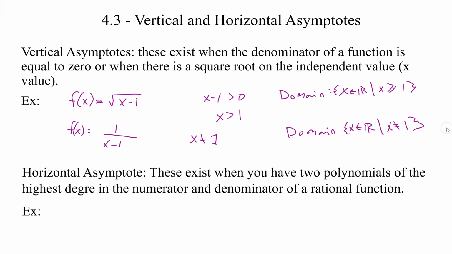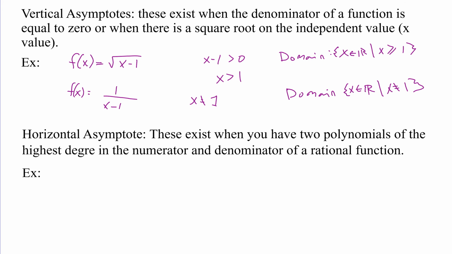And for the horizontal asymptotes, these exist when you have two polynomials of the highest degree in the numerator and the denominator of a rational function. So if we have something like x plus 2 divided by x minus 3, well here, since we have x to the power of 1 in both, we'd have a horizontal asymptote that is not equal to 0, and the horizontal asymptote would be equal to